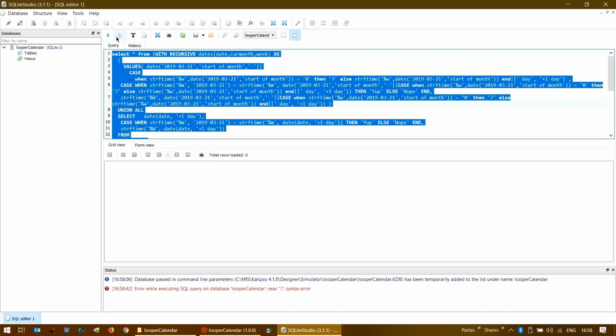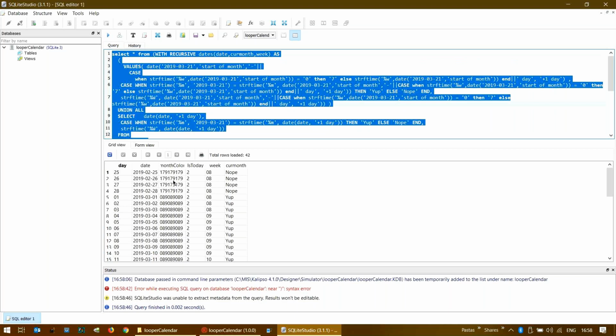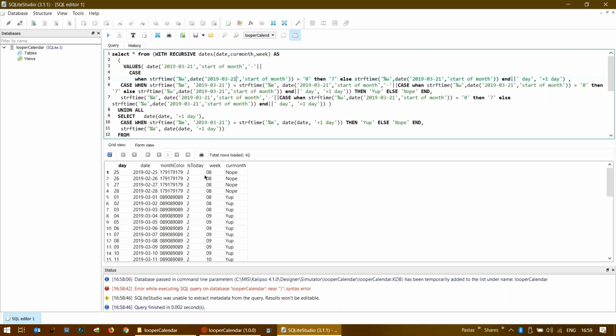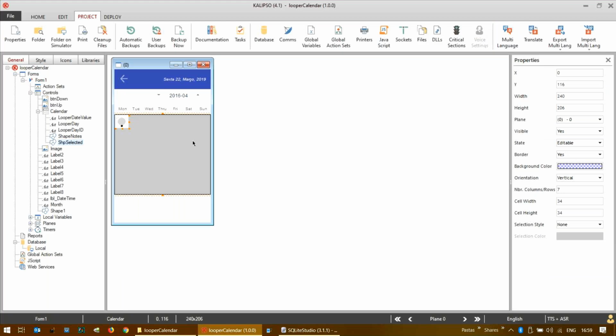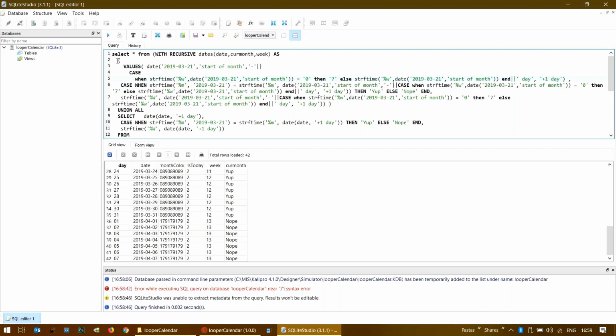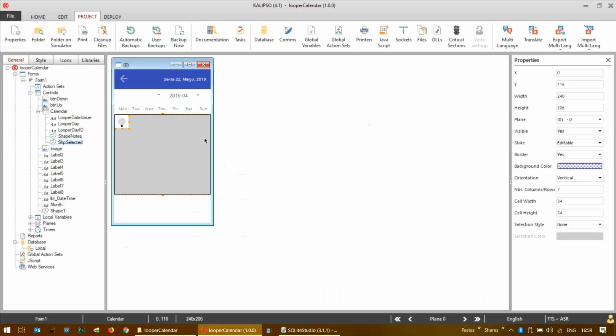you can see that I have all the things that I need to create a loop. I have the days to be presented. I created a column to tell me if it's today or not. Of course, this date was yesterday, so nothing here is from today. There's also a column to tell if this is the current month, just to change its colors and so on. Since this is SQLite, it's a complex query. I'm not going to bother explaining all of this because here we only need